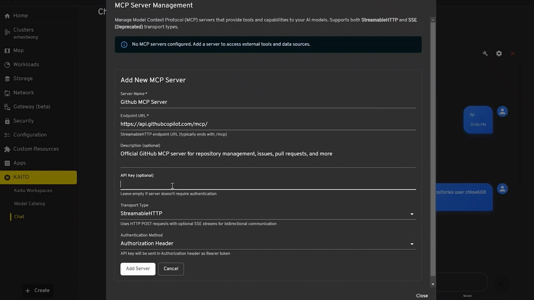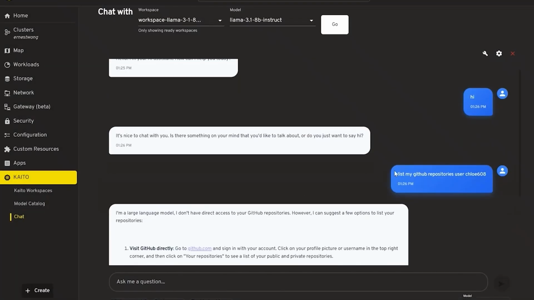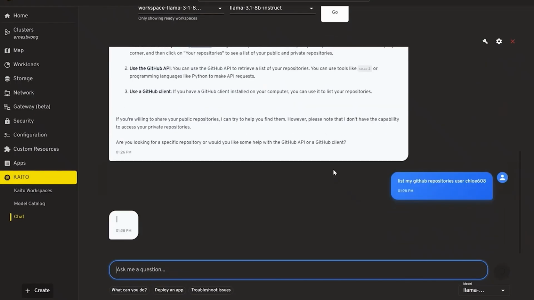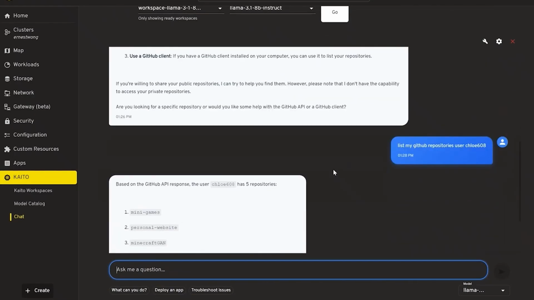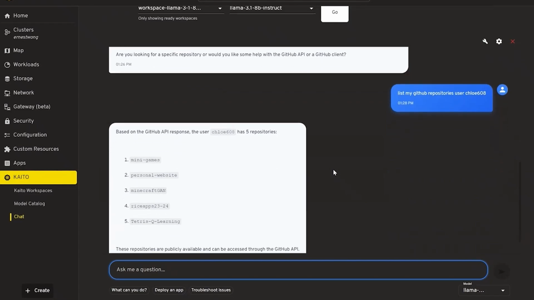And this MCP server in particular also requires an API key, in this case, my GitHub personal access token. And now I'll add this server. So now if I were to ask the model the same prompt